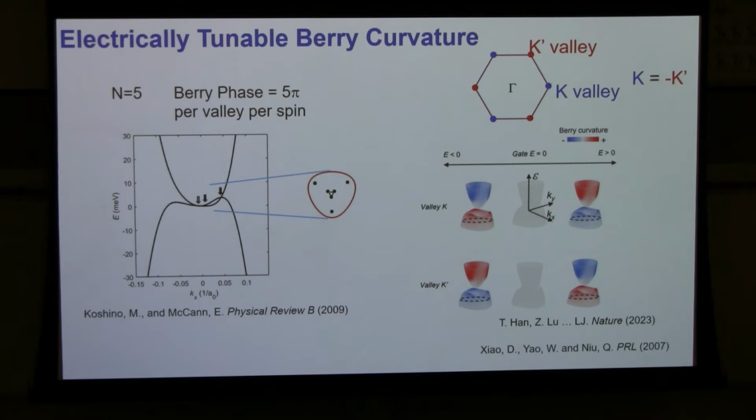gap, right? There are K and K prime valleys in graphene. And if you just look at a fixed gated electric field, the two valleys are always time reversal pairs of each other. Their Berry curvature for the same band has opposite sign, and they will cancel if they are equally populated. And if you look at the specific valley, and then you close the band gap and reopen it by changing the sign of your gated electric field, you are kind of swapping the conduction and valence band. You can also reverse the sign of the Berry curvature of this band.